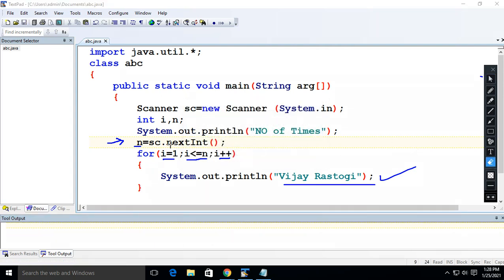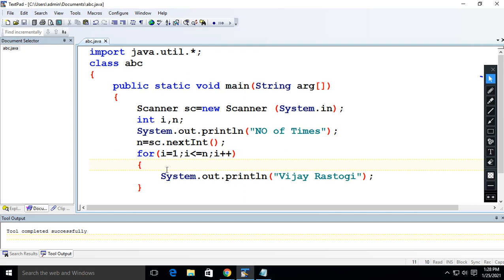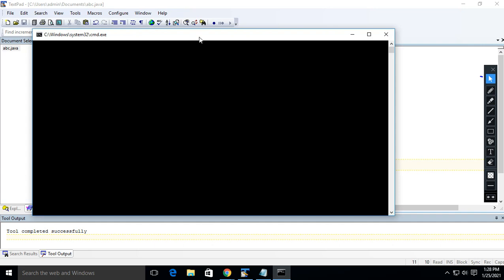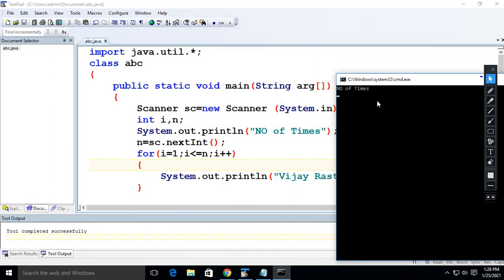Everybody please pay attention. This is important. Maximum of you have done wrong. Now show me the execution. Now see what message you are getting: number of times.